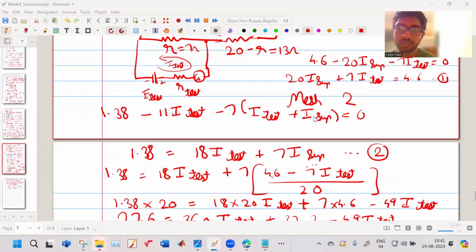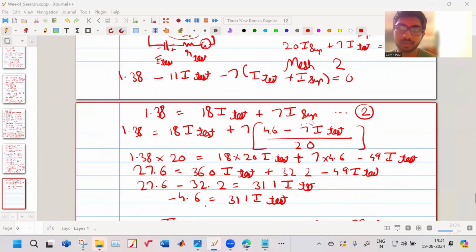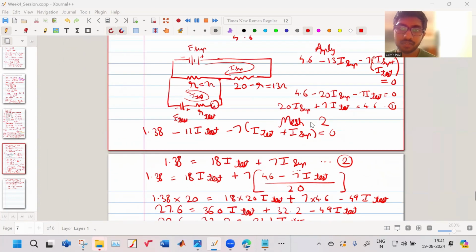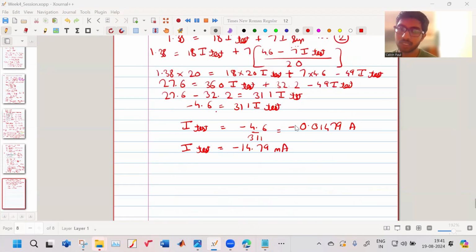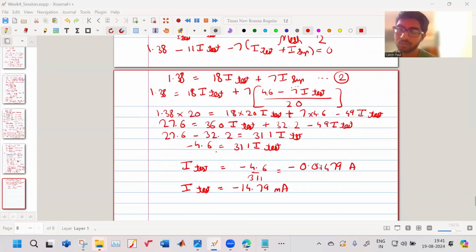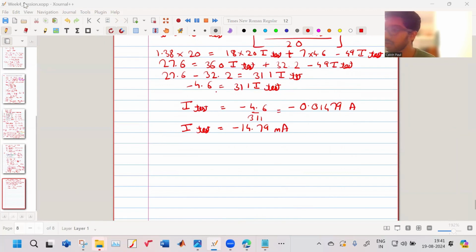We could actually just modify these equations also. It could actually be 4.6 minus 20 I supply minus 5 I test, etc. So you will have to solve